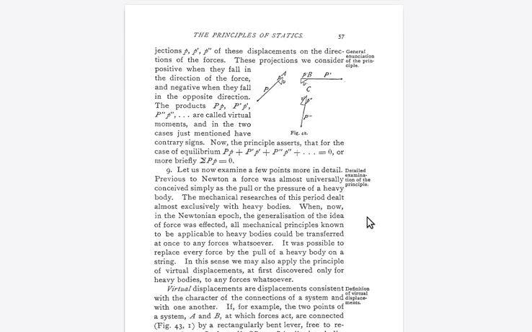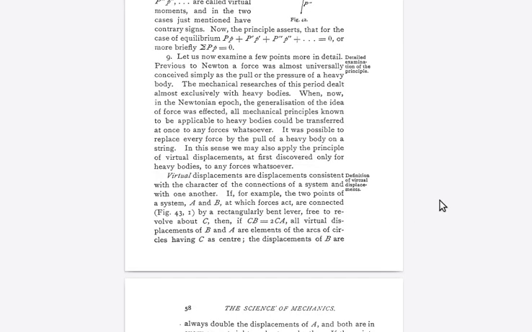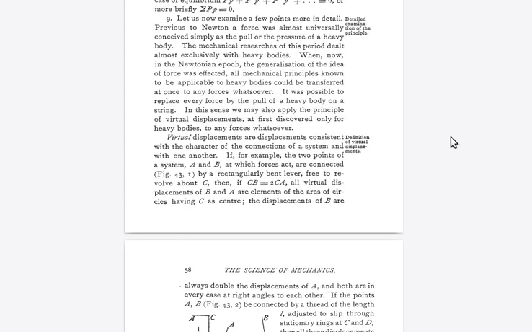Section 9. Let us now examine a few points more in detail. Previous to Newton, a force was almost universally conceived simply as the pull or the pressure of a heavy body. The mechanical researches of this period dealt almost exclusively with heavy bodies. When now, in the Newtonian epoch, the generalization of the idea of force was effected, all mechanical principles known to be applicable to heavy bodies could be transferred at once to any forces whatsoever. It was possible to replace every force by the pull of a heavy body on a string. In this sense, we may also apply the principle of virtual displacements, at first discovered only for heavy bodies, to